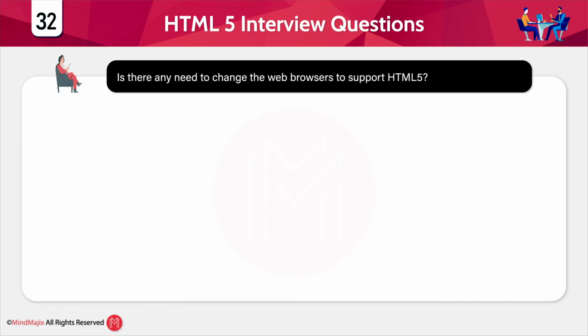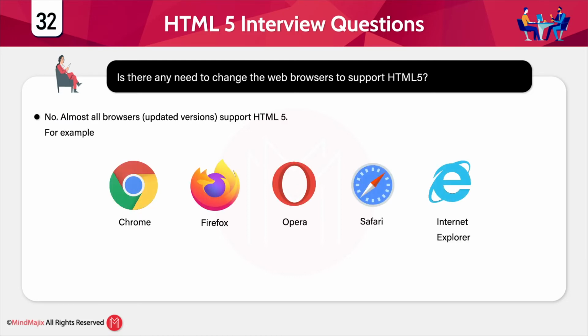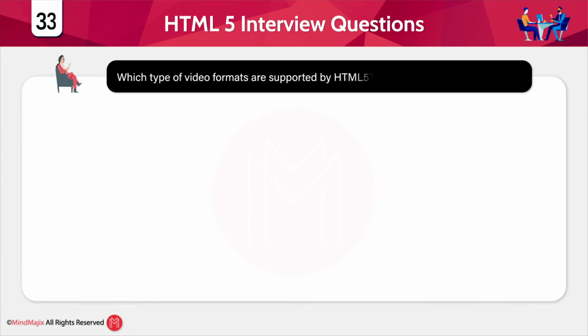Is there any need to change the web browser to support HTML5? No. Almost all updated versions of browsers support HTML5. See, Google Chrome, Firefox, Opera, Safari, and Internet Explorer. These are all web browsers that do support HTML5. And which types of video formats are supported by HTML5? HTML5 allows us to